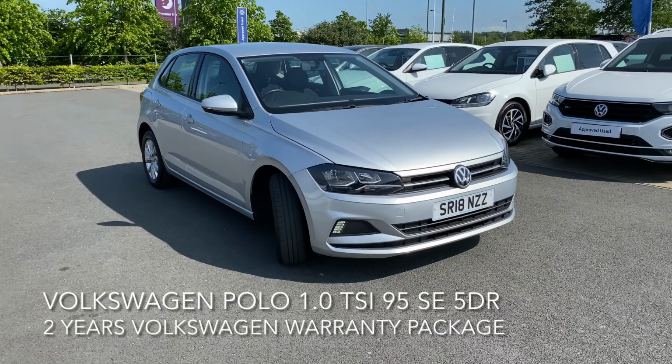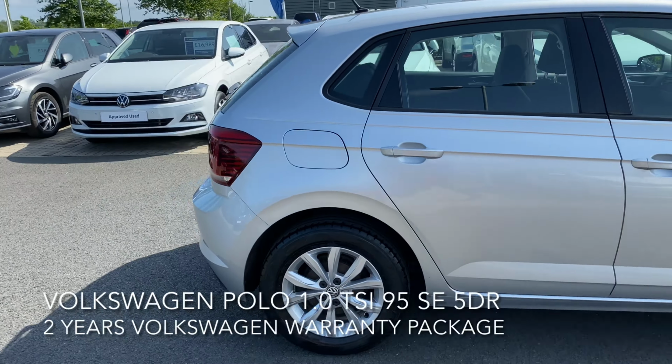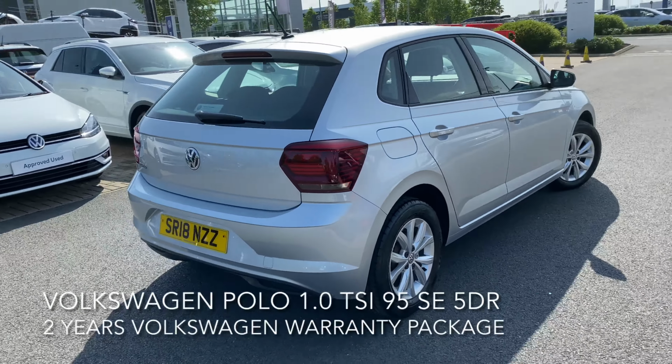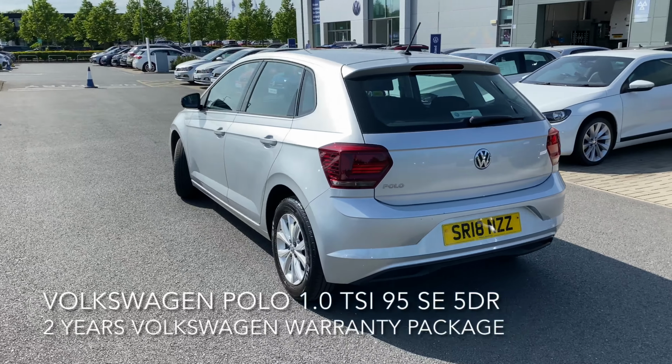Here we have a Volkswagen Polo. Now it's a 1 litre TSI SE 95 PS. The car is great and it has a good spec as well, including an automatic post-collision braking system, hill hold